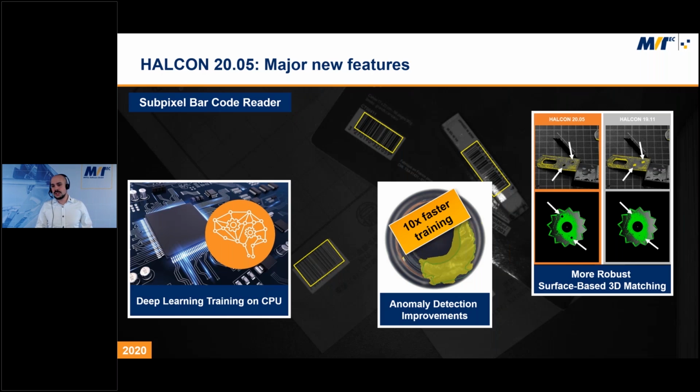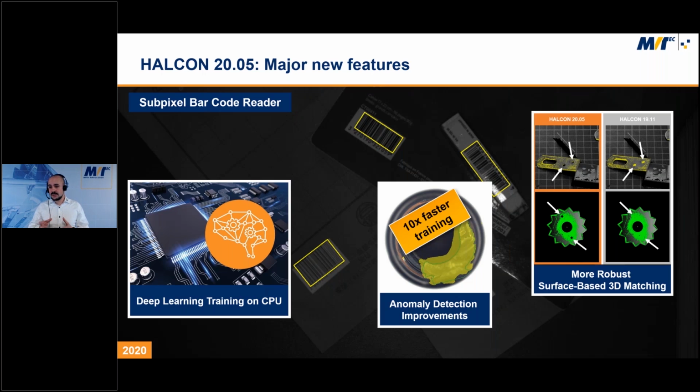Besides that, we improved our anomaly detection, so it got a speed up, but if you use it now for the first time, you won't feel this improvement because it will just be quite fast. And our surface-based matching was improved, especially for